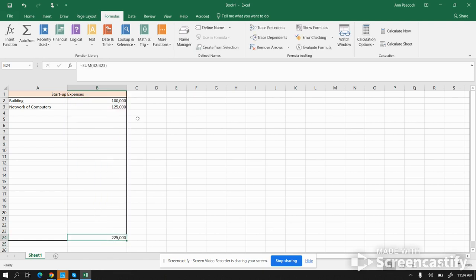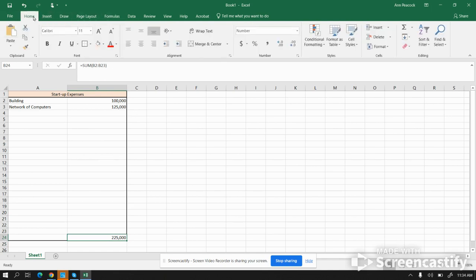You're going to want to turn it to currency. So I go back home and up here somewhere will be currency. I want currency, but I want the decimal to be over